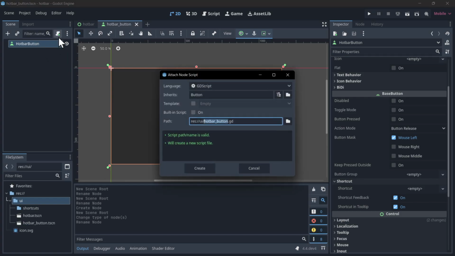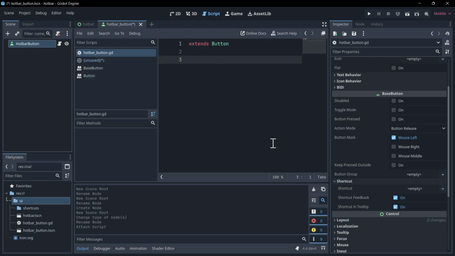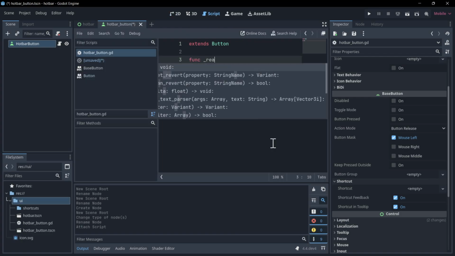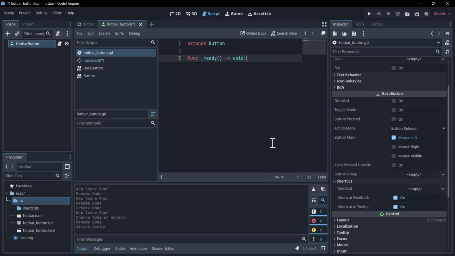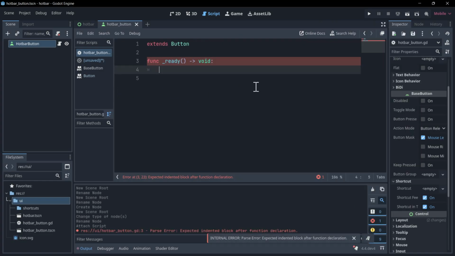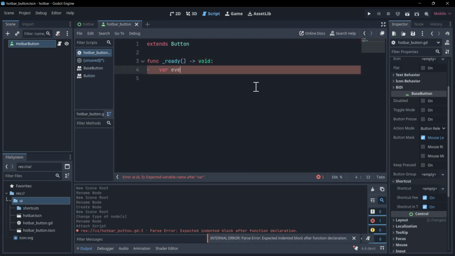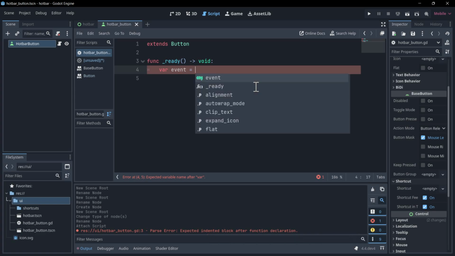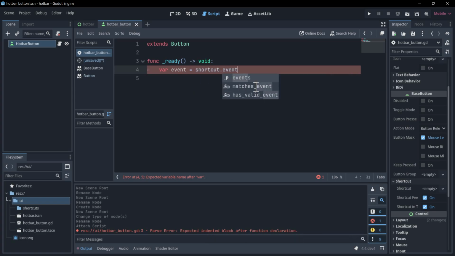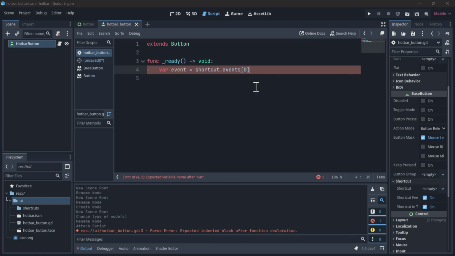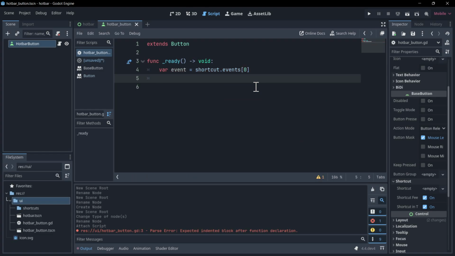So let's add a script to the hotbar button, hotbar_button.gd, saved in the UI folder is fine. Then inside of here, we'll do function ready. Let me zoom out a little bit. Okay, that should be a bit more readable. And we want to read the first event. So event is going to be equal to shortcut.events 0. And then I want to read whatever the event is as text, and we're going to set that to the text. So text equals